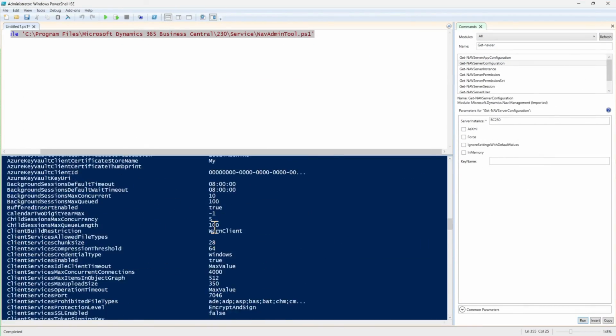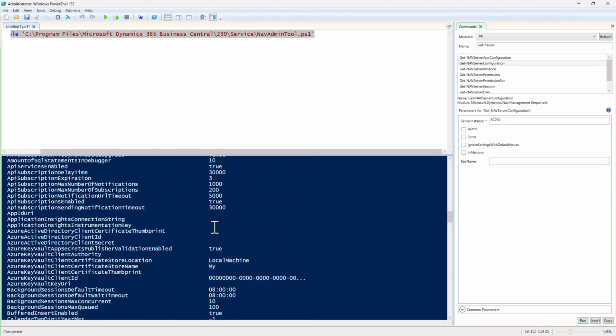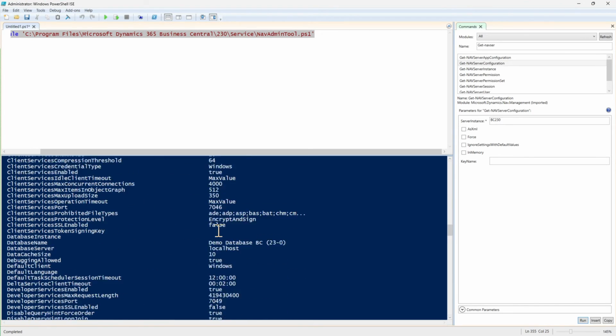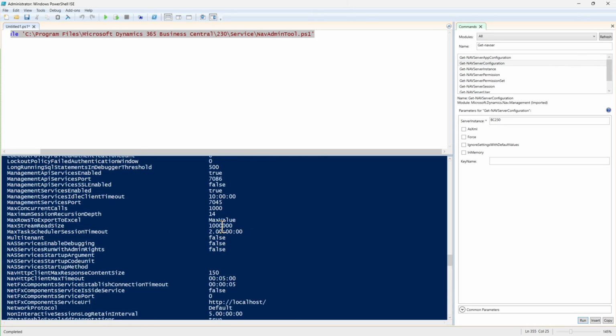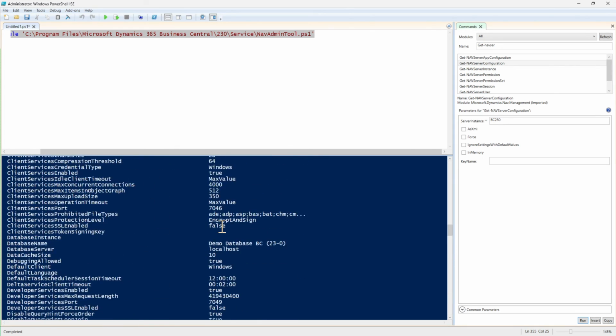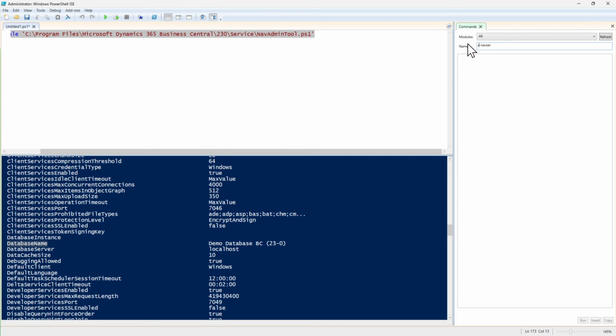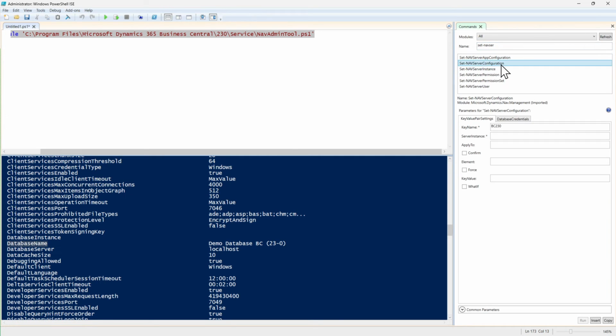If I look somewhere here, it should say my database name. Here, the key that it is assigned to is database name, which I want to change. So now instead of get, I'll do a set. Now server configuration,